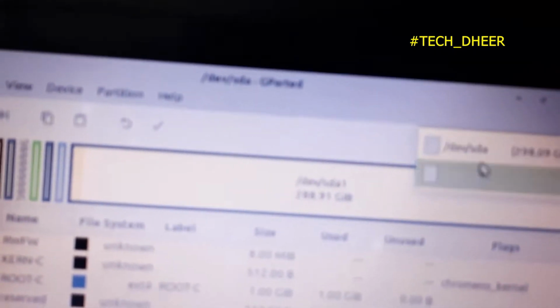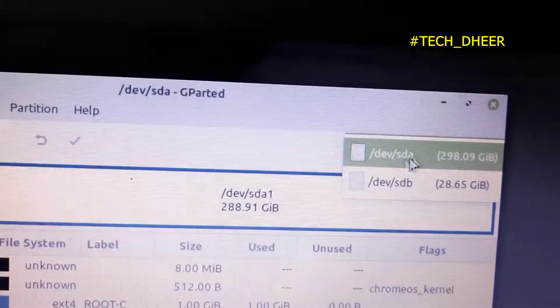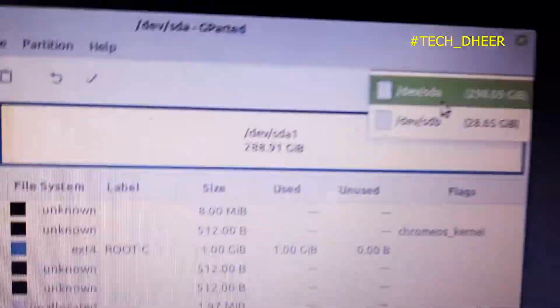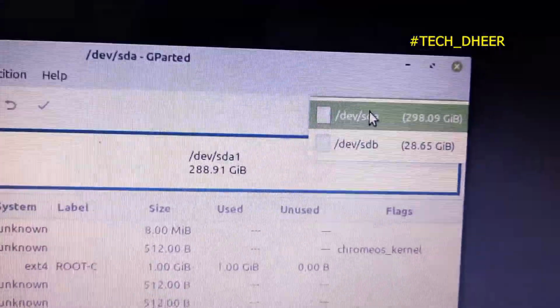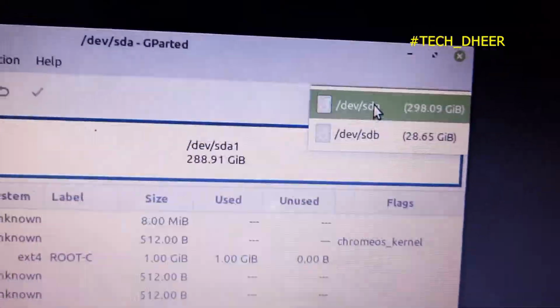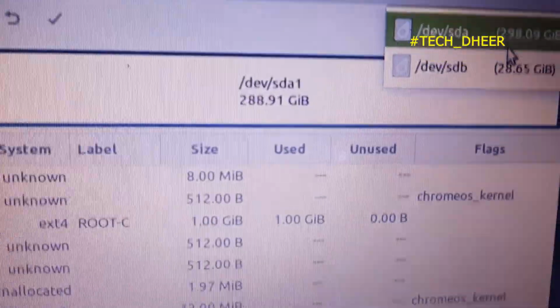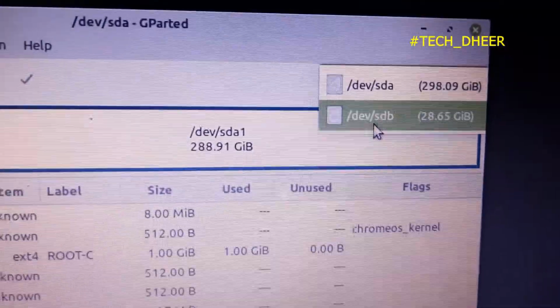It is written /dev/sda. For you it can be different, so that's why I am recommending to check this. It should be /dev/sda for all computers, but it can be different, like my USB drive, sdb.